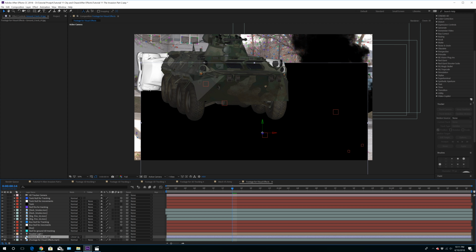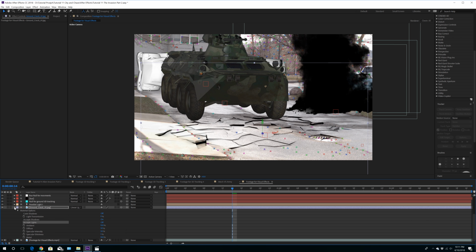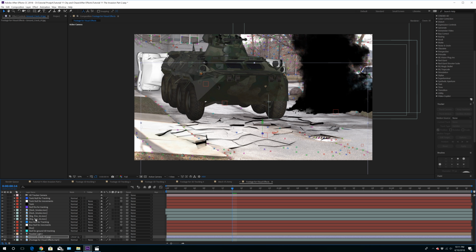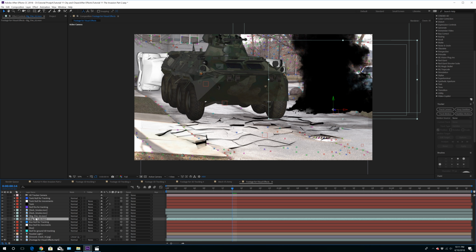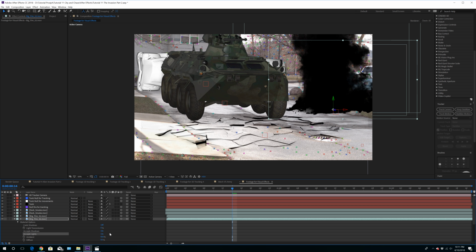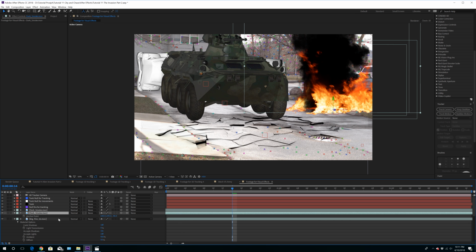How do we fix this? Very simple. Go to your ground or anything that is 2D that we made 3D, click A twice. It's going to take you to the material options. Go here, accept lights, and say off. All right, once you do that, it will bring everything back to how it's supposed to be. Okay, so I'm going to do this really quick for these, and you just watch the magic happen right before your eyes,